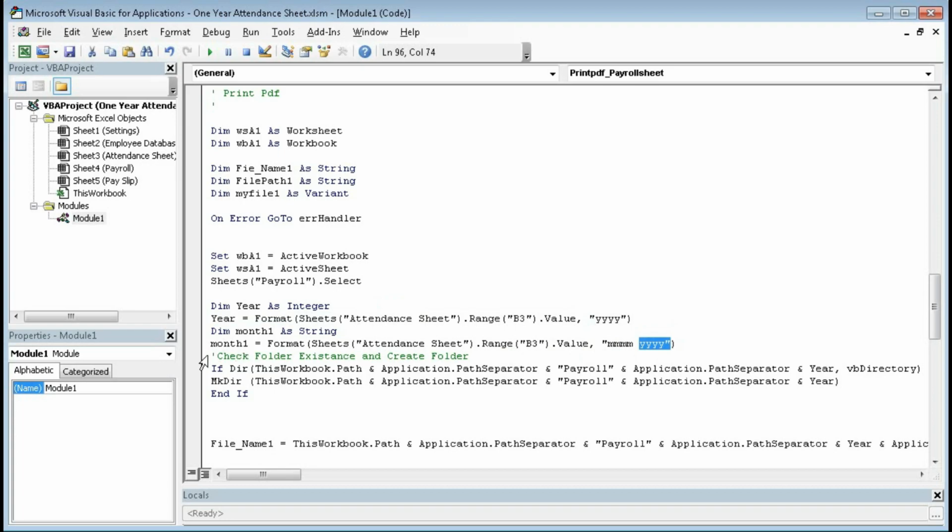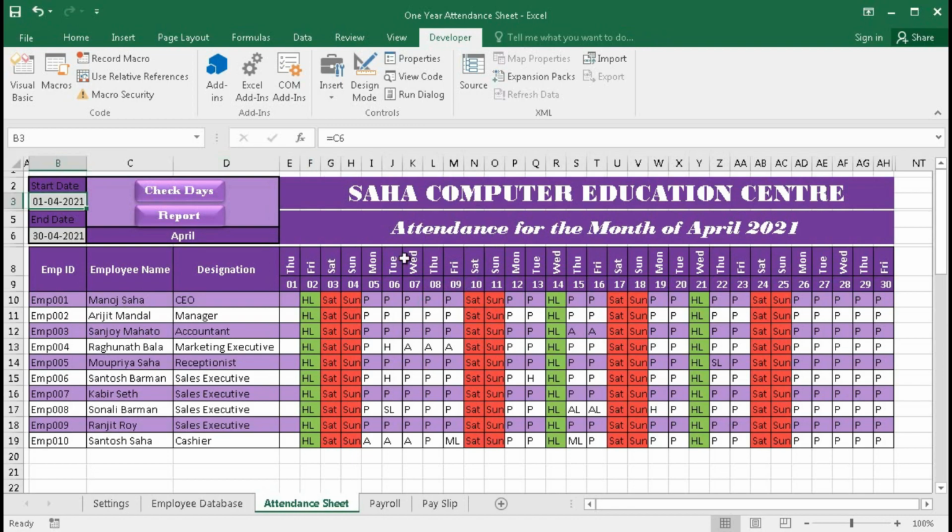After that we will check the folder existence and create the folder. That means this will automatically check if the folder exists or not. If the folder exists, then it will create the PDF file in that folder, and if the folder is not already created, then it will create the folder. For that, if dir, this will check the path, this workbook.path, that means the folder in which this file is saved.